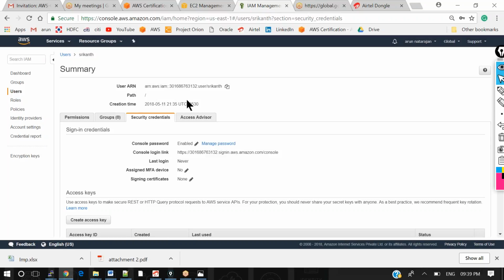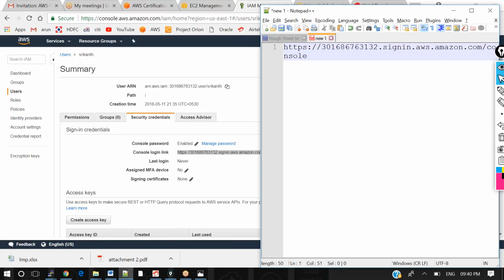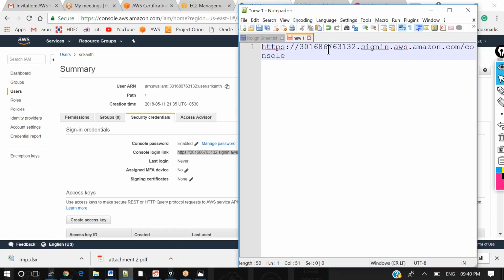Now there are two ways an IAM user can log in. Either you can use this account number, or you can use this console link. An IAM user is nothing but one of the sub users under this account. This account is owned by the user called Arun, so the root user is Arun. Arun is holding the account ID